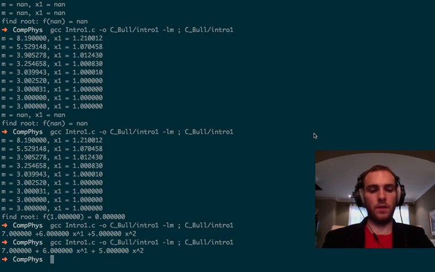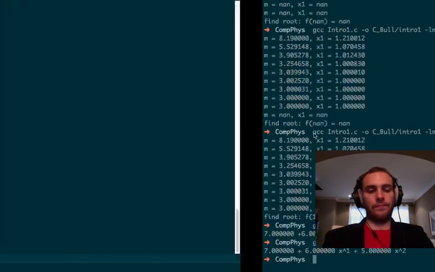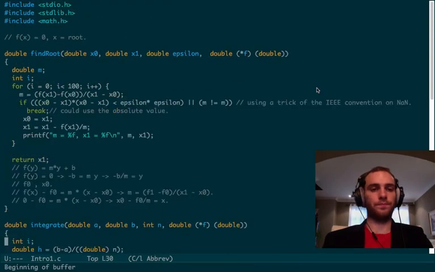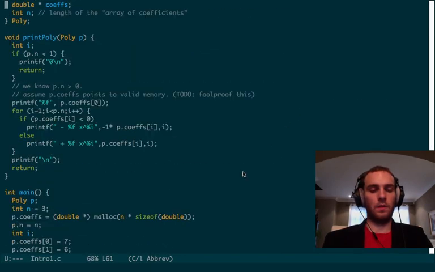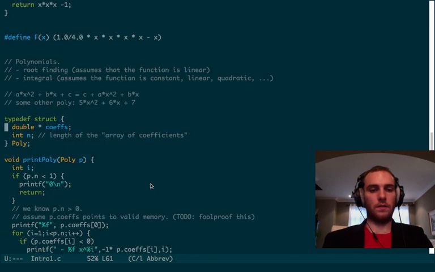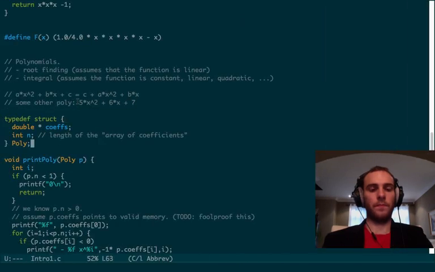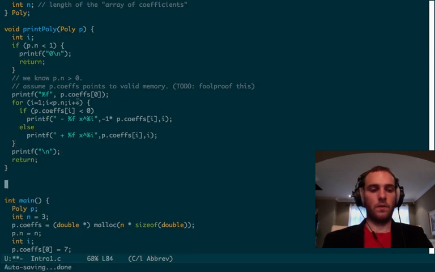That's a little bit better, but still. I mean, it's not the prettiest print function in the world, but it does show you what I was trying to do. So that's the polynomial that we have, and that's how it's put in memory. All right. So